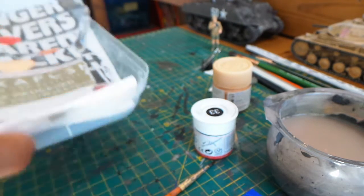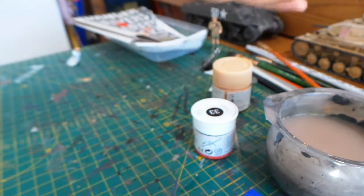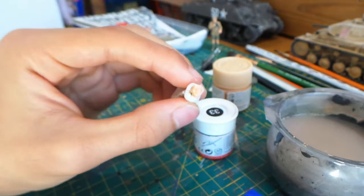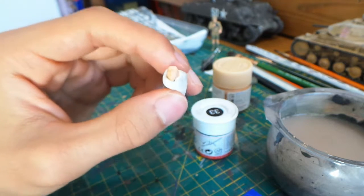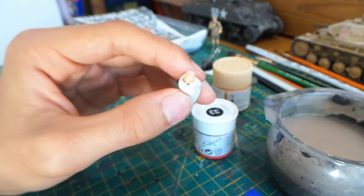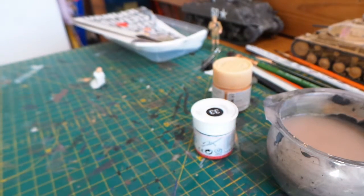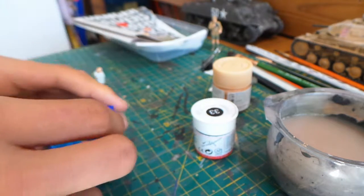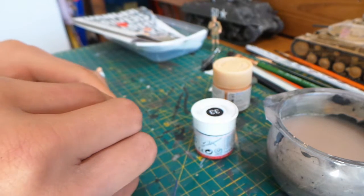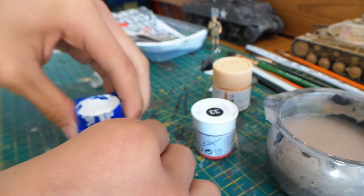Now eyes are very controversial in the model making community because at this scale, this is incredibly tiny. This is such a small head, absolutely miniature. It's only a couple of millimeters tall. So do you really need to add eyes? And to that, I'm going to say yes. I don't care at this point. I've got nothing to lose. If it goes wrong, I have spare heads because the model kit came with a lot of spare heads. So honestly, at this point, I've got nothing to lose. So I'm going to